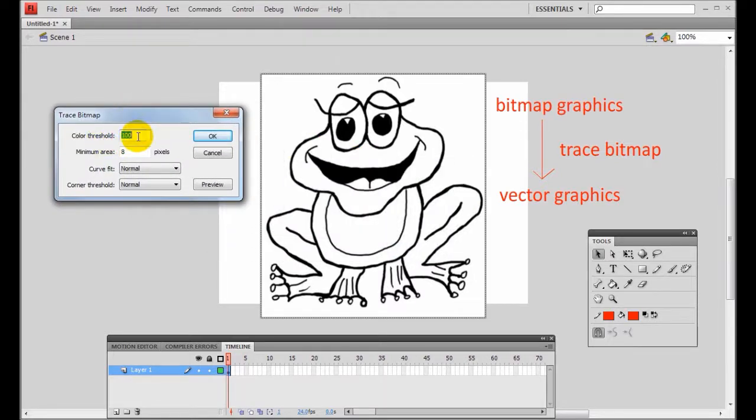For the color threshold, for black and white images, we can simply select 100. And for color images, by setting different color thresholds, we will arrive at different image effects. And for this minimum area, we will try it out later. By setting different minimum areas, we will arrive at different outline effects after this trace bitmap command. And for curve fit and the corner threshold, just select normal. And